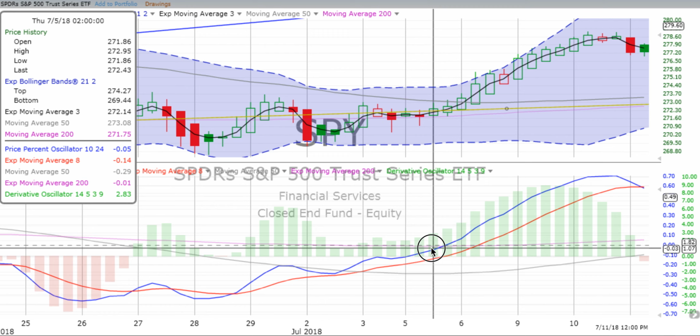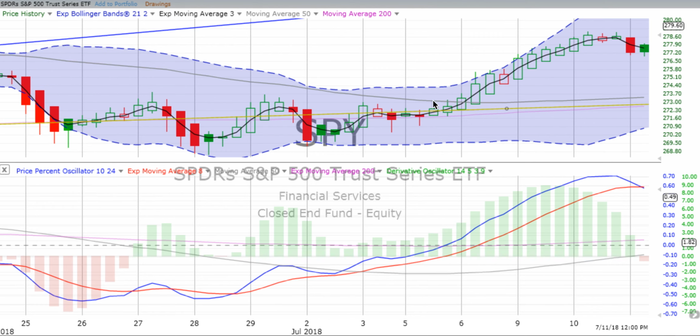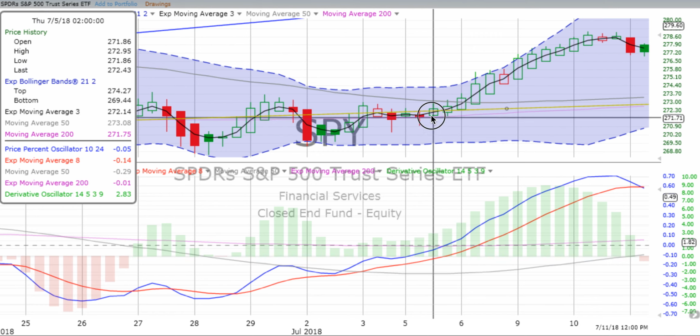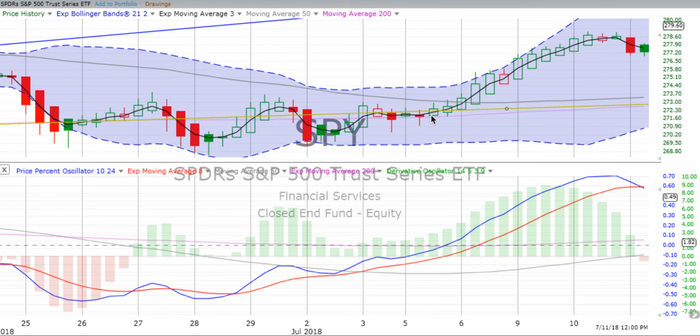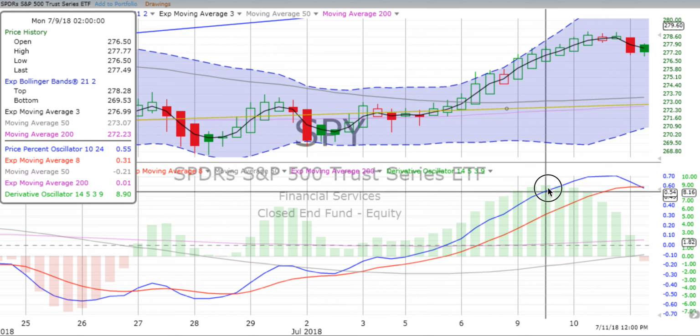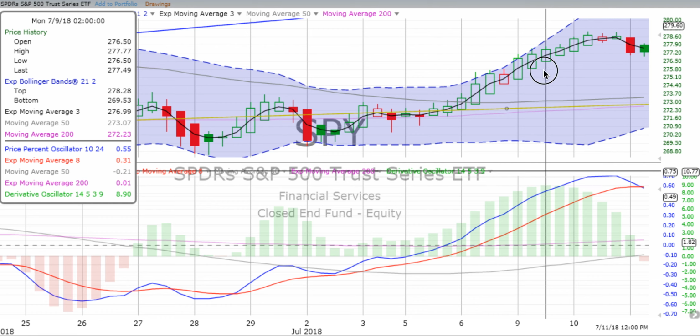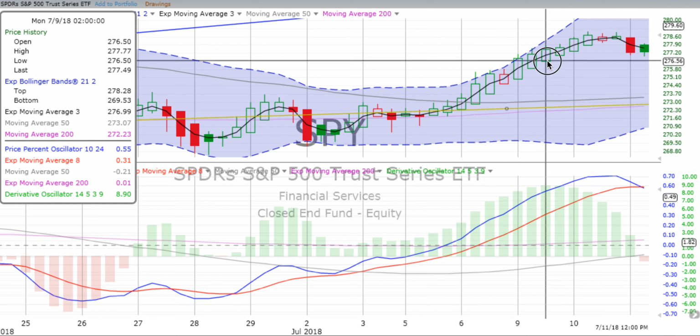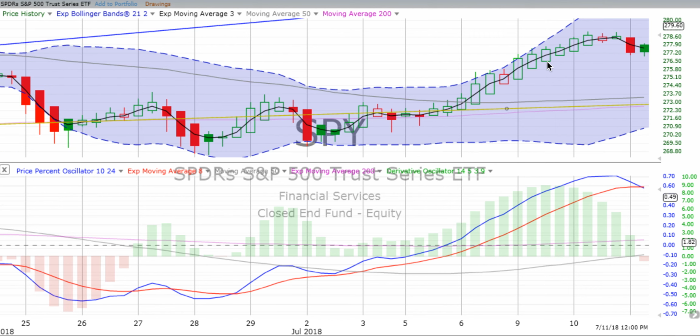And we see at 2 p.m. on the 5th of July, we see price movement around, let's see, 271, almost 272, and then things take off and fly up all the way to the height of the derivative oscillator right at the 276.56 mark. So again, that's a good $4.50 move or so, and beautiful movement up there.